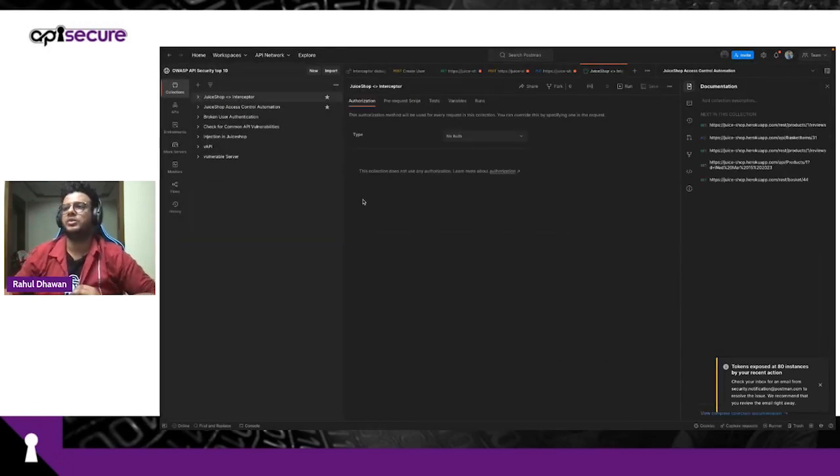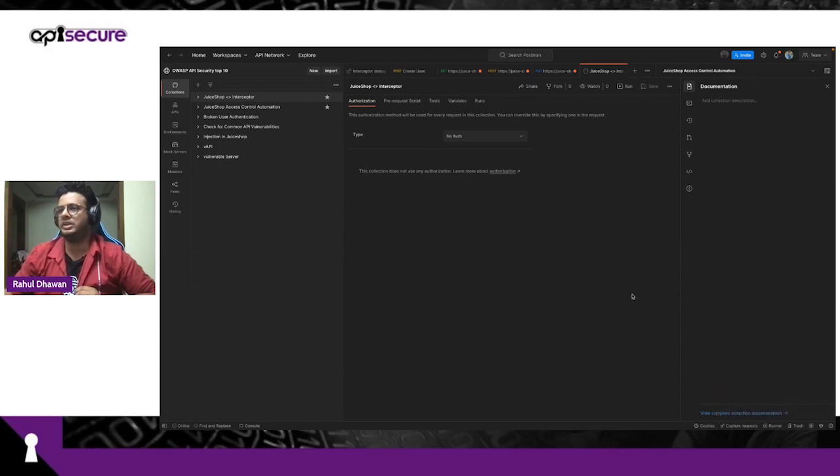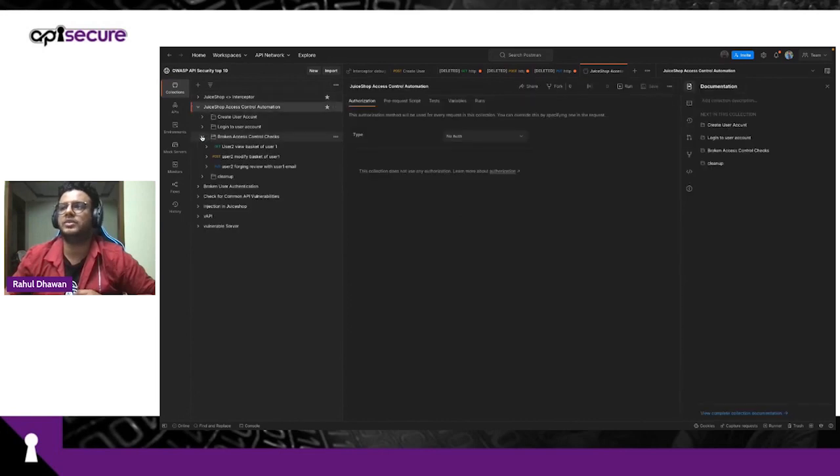Amazing. So how do we do the automation in Postman for these kinds of attacks? I have created a simple automation for you here, for the three APIs that I tested manually. I've created the automation in such a way that I will use these different users and try to access these three APIs and assert on the response code. If I'm getting 200 or if I'm getting 401, that will be the deciding factor whether the API is vulnerable